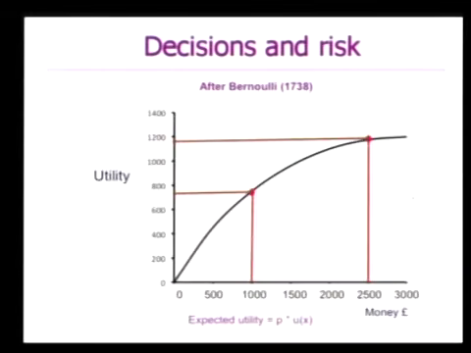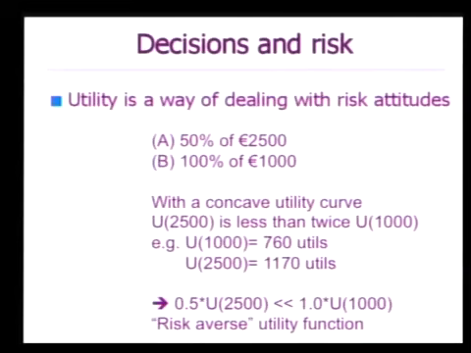And of course, the other thing you could do is have, instead of this curve being shaped like this, it could be shaped like that. And what that means is you weight bigger amounts as even more valuable proportionately than smaller amounts. So the utility for bigger things would be greater. And that would then mean that you are risk-seeking. Okay, so it would mean you'd really like to take the gamble. And of course, some people are risk-seeking. Some people will like to take that gamble.